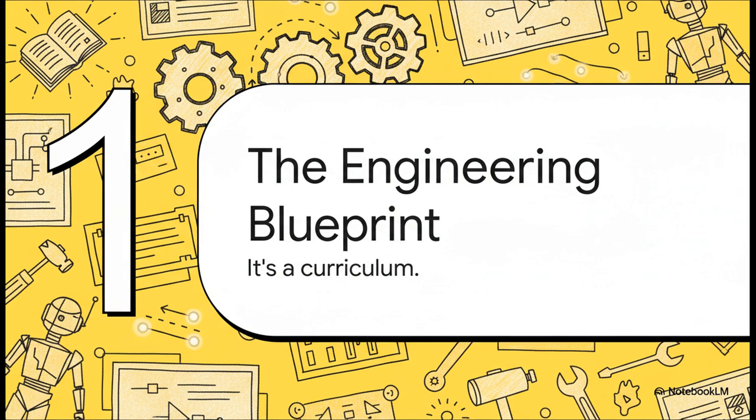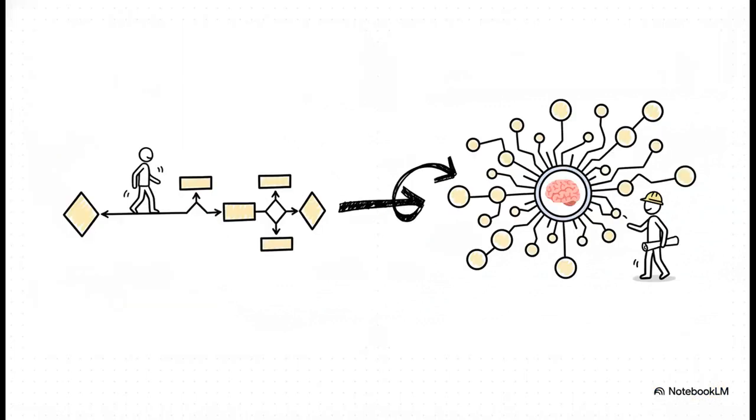This book is not some high-level philosophical ramble about what AI agents could be someday. No, it's a hardcore engineering curriculum. It's built to give you the skills you need to build them, like right now, today. So the first thing it teaches is this crucial mental shift. We're all used to deterministic programming, strict if-else logic, where everything is predictable. We're now moving into probabilistic engineering. Your job isn't just to write a rigid script anymore, it's to build and manage a reasoning engine. You literally stop being a scripter and you start becoming an AI architect.